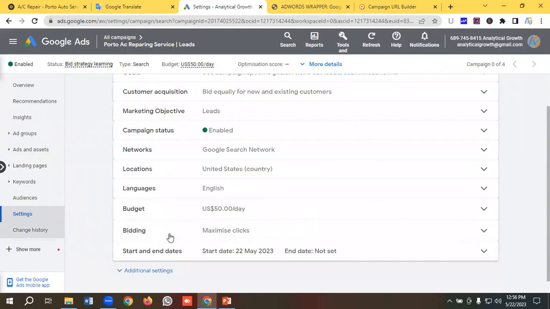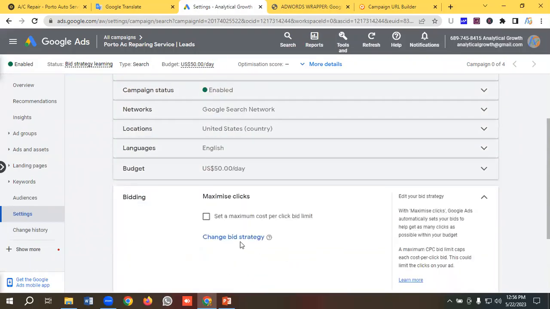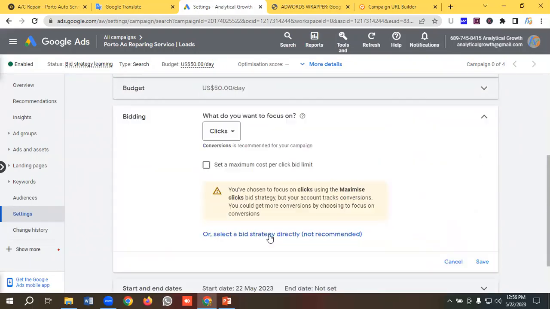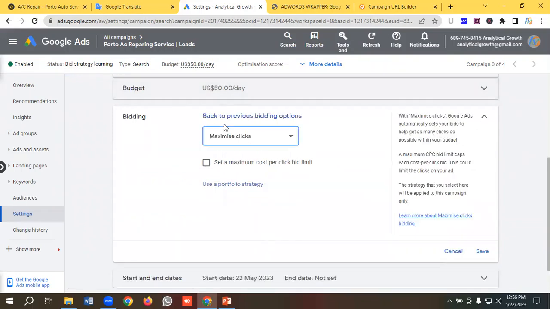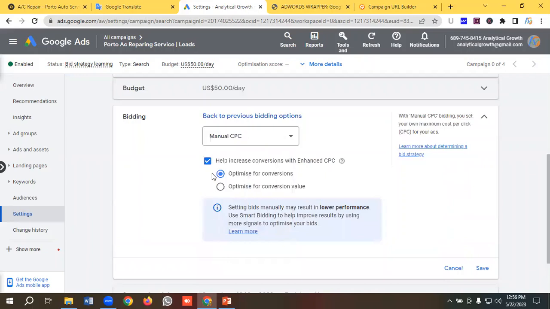So I'll click on bidding from here and click on change bid strategy and select a bid strategy directly. Okay, so I'm going to choose manual CPC from here, and if I choose manual CPC and enable these check marks, then it will become enhanced CPC. You can see over here, help increase conversions with enhanced CPC. Okay, so I'm going to click on save,